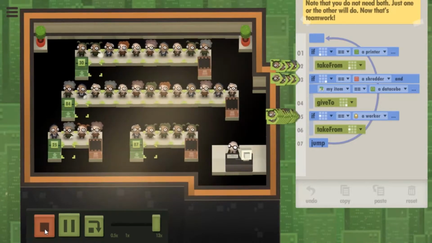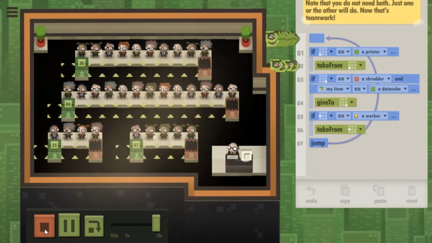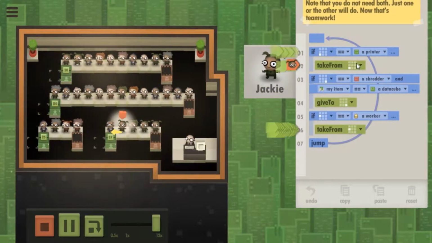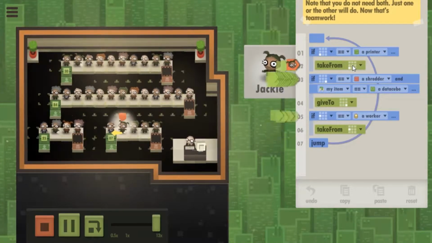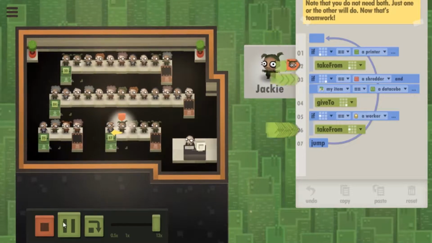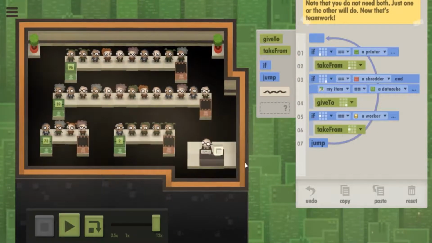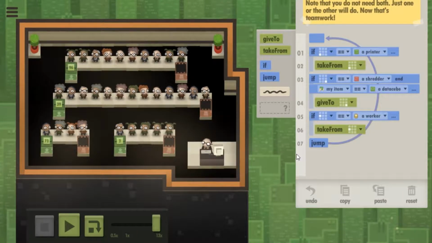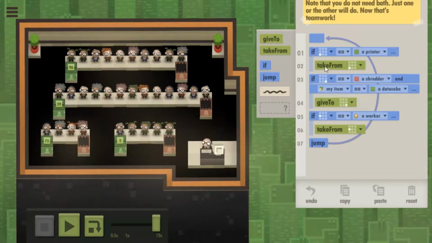Why not? Lower left is a printer. No, but... Oh, because they step when they take, right? That's right, I remember, because they can only take from the four cardinal directions. So they actually have to step first. What a lying punk.